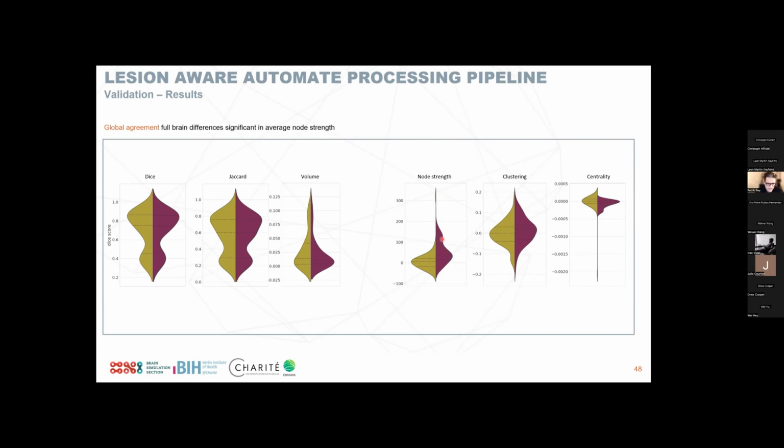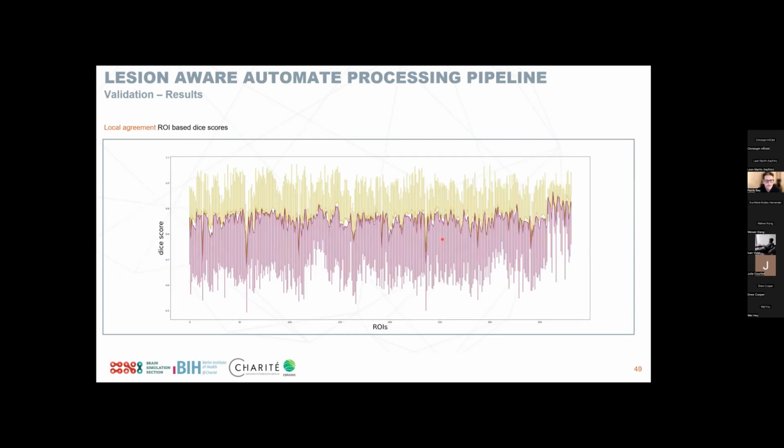This becomes a lot clearer if we actually look at the local differences. So when we see here, for example, if we take the dice score for each region of interest, again, on the x-axis, we have these regions of interest. We see that the dice score is on average always higher across all subjects for a specific region for LEAP, again, in yellow, as opposed to HCP in purple. And not only is the line always higher, but also the variance is significantly smaller here, as these error bars show. So we have less variance in terms of the differences between ground truth and LEAP processing